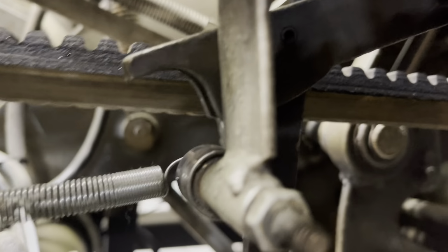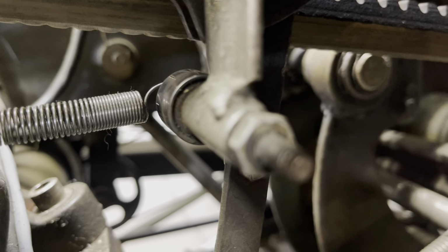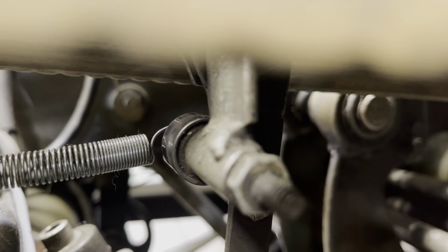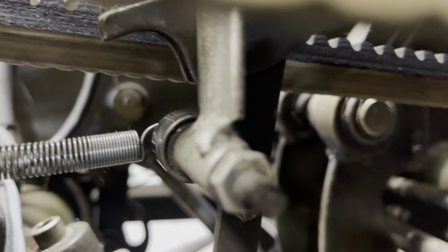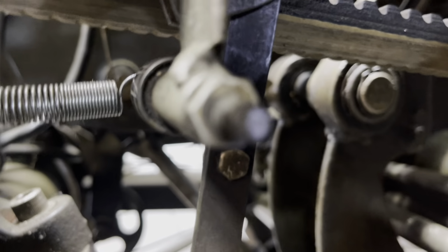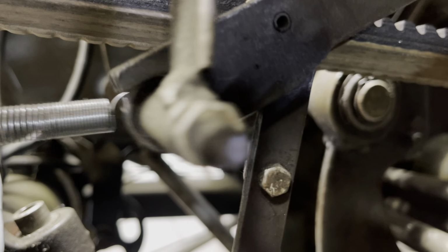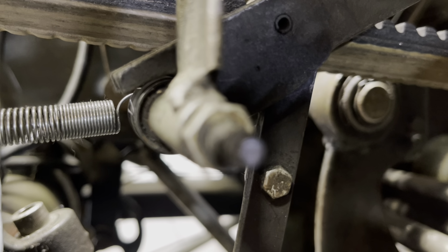Right there. That roller is going to knock that latch out from underneath. This is going to fall down and it's going to hit that little roller. The belt's right in the way there. But I'm going to go ahead and push it here and you'll see it. See there? That's what latches. And until the turret advances,